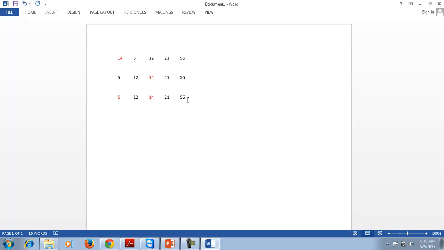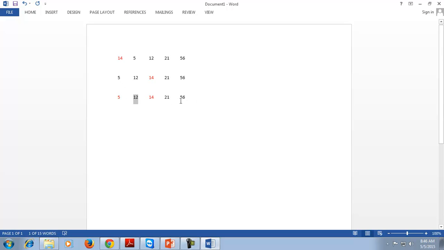Similarly, next time we will select 12 as a pivot, and all the values less than the pivot. In this case, 5 is already at the left side of the pivot, and all the values greater will come at the right side of the pivot.